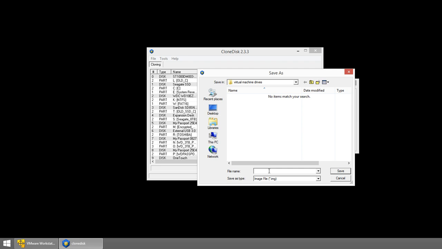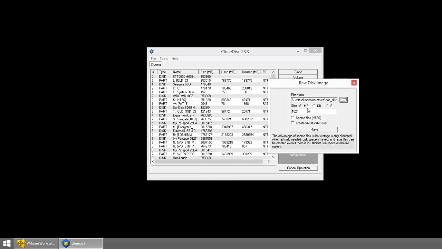So I'm just going to call this DOS drive copy out. It could be any file name you want. Just make sure you end it with .img. And it's set right now for 1 gigabyte. That's why it's 1024 megabytes. You could put that to whatever you want. And we're just going to hit Make,